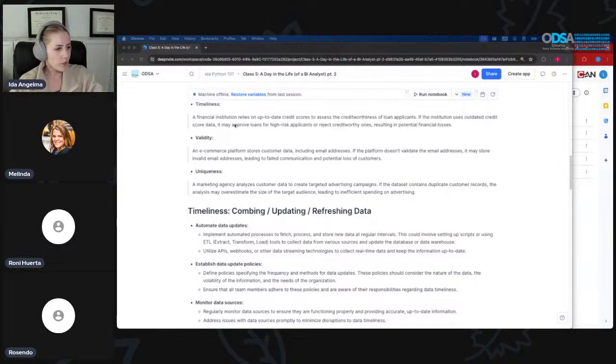Validity. E-commerce platforms store customer data, including email addresses. If the platform doesn't validate the email addresses, it may store invalid email addresses, leading to failed communication and potential loss of customers. And I think we talked about regular expressions,